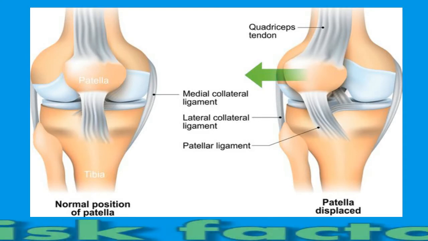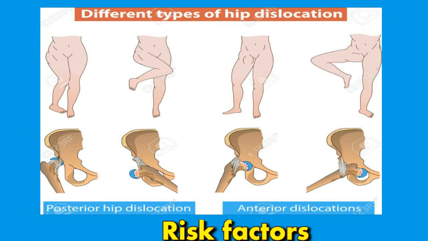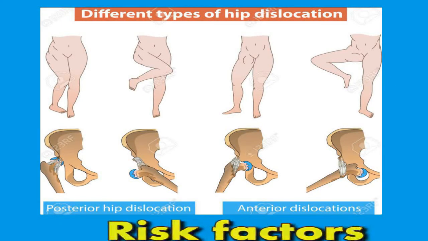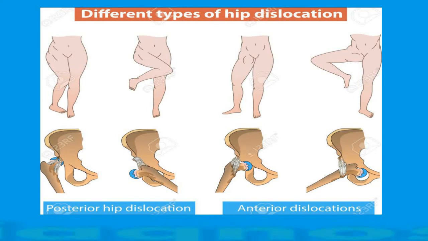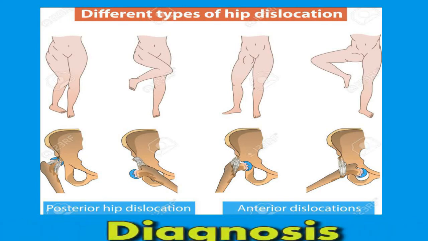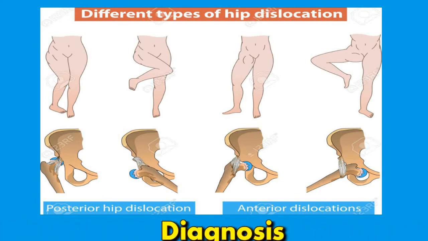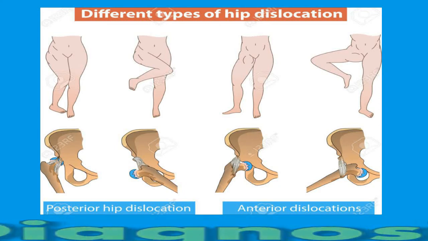Risk factors. Risk factors for joint dislocation include participating in high-impact sports, taking part in activities with a risk of falling, having obesity. Diagnosis. A doctor may diagnose a dislocation by carrying out a physical examination and asking the person what caused the injury. They may also use imaging tests such as X-rays to examine the area and determine the severity of the